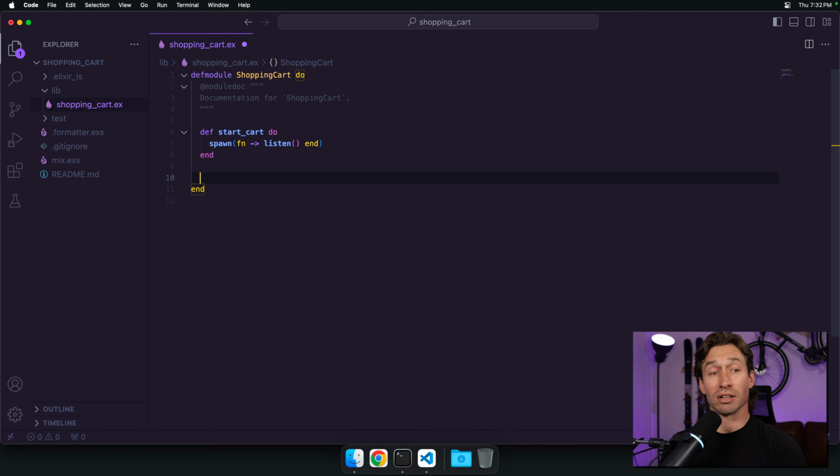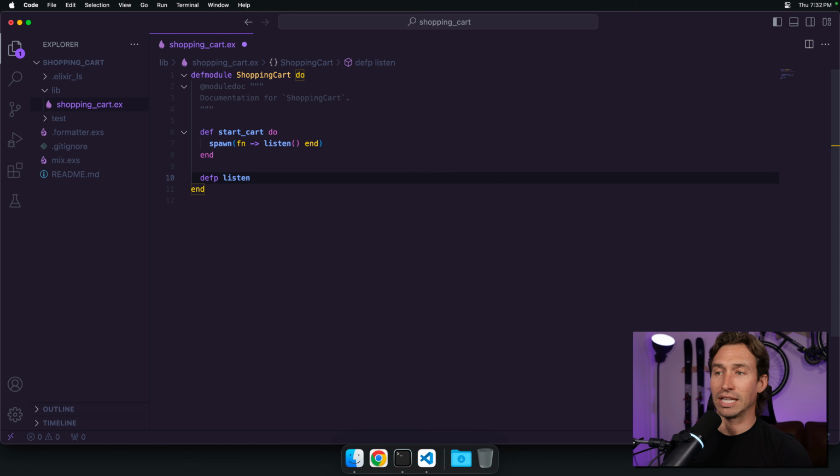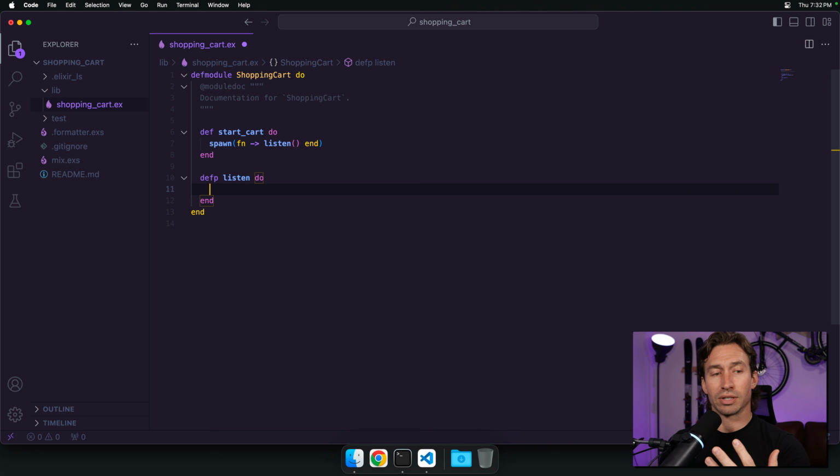And now for our listen function, it can be private because we're only calling it from within this module. So we're going to call it listen. This function needs to be recursive. So basically, when we're waiting for a message, it's just sitting there and waiting. And when a message comes in, it then processes the message, and then we need to call this function again. So after we process a message coming in, it sits there and waits for the next message as well. So it's a recursive style